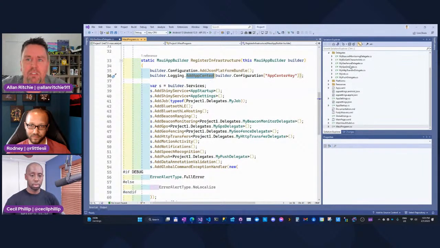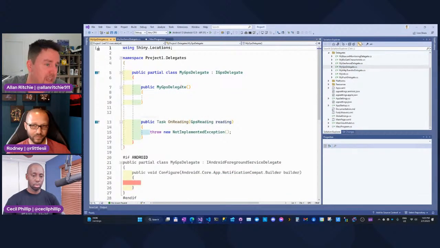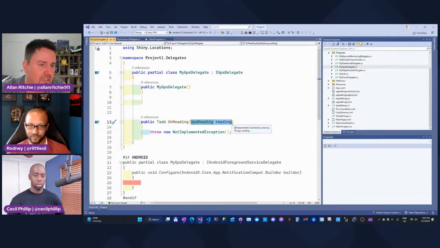Other events, like I said, all the delegates end up looking more or less the same. We've got a GPS delegate. This is going to fire often. So if you've got a lot of readings coming in, it's very easy to pick up your GPS. You can broadcast this to your UI if you need to. We won't discuss that today. There's very easy ways to do it if you're interested in getting that to your UI.